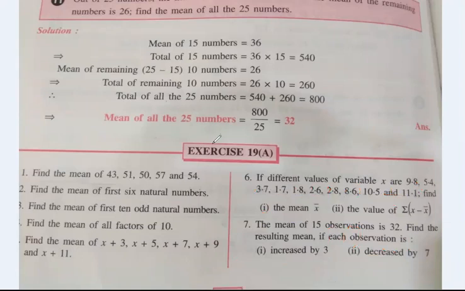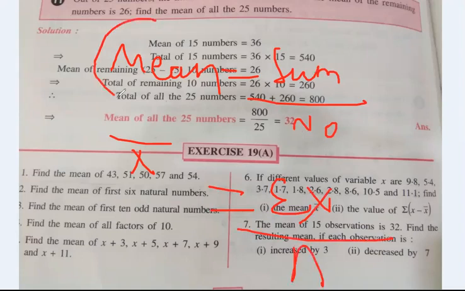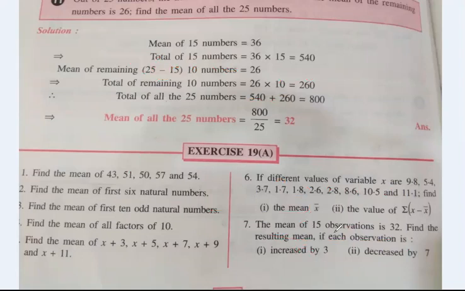Let me tell the sum again. Mean is equal to sum of observations by number of observations. Then x bar is equal to, here mean means x bar, and sum of observations by number of observations means sum of x by n, where n is the number of observations. Either you can write the formula like this or in the shortcut way like this. Anything is correct. Then we have added these and we have got the answer. Mean is equal to 5.8.